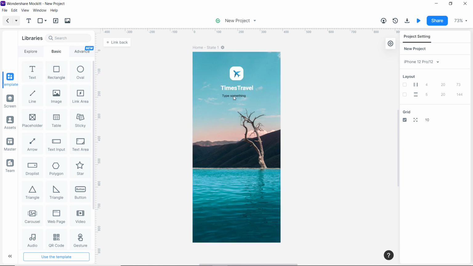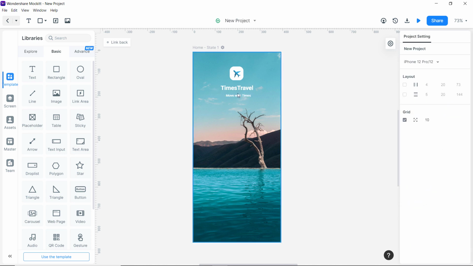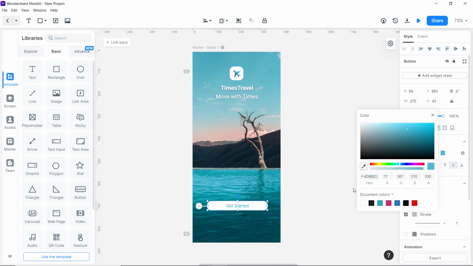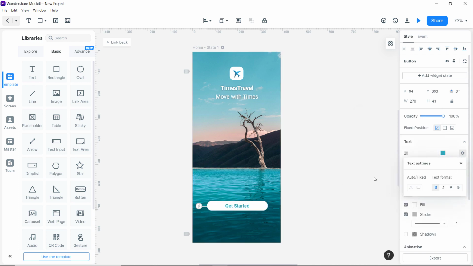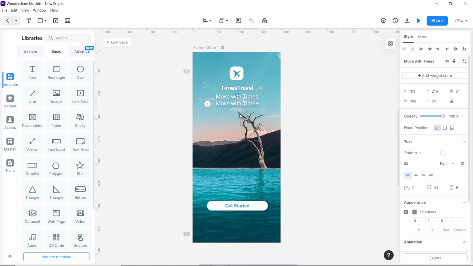So let's add another text and then modify the text and properties and everything else you want. Totally depends on your preference. Let's add a button to the page. Now here I want a custom look and feel for the button. Make it rounded corner and modify as per my design. So let's add a text to the button. And yes, of course, you can play around with the shadow. Add one text in the bottom and I am going to duplicate it with the help of Ctrl D.